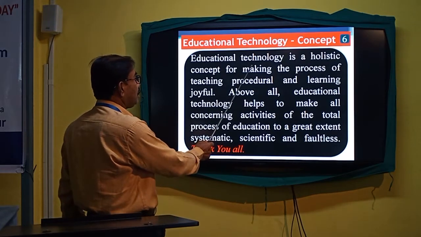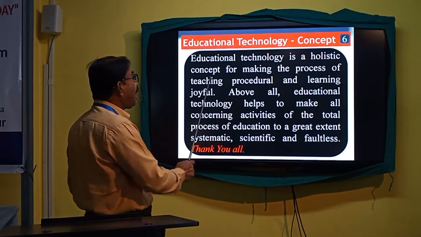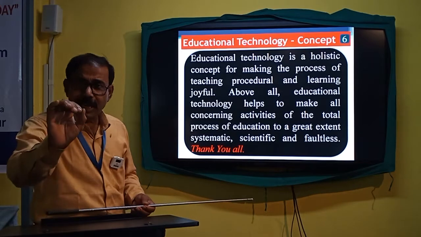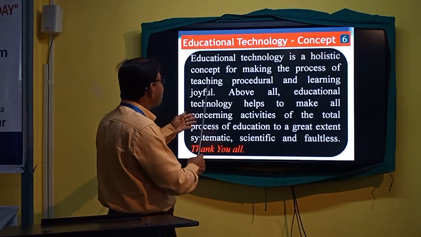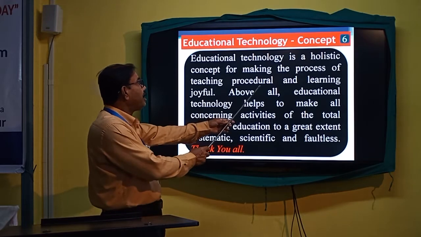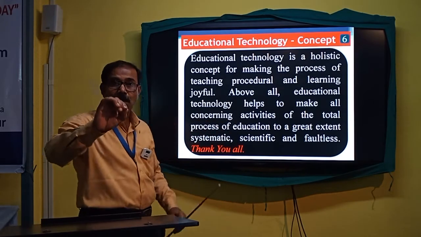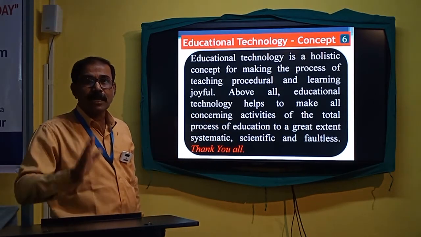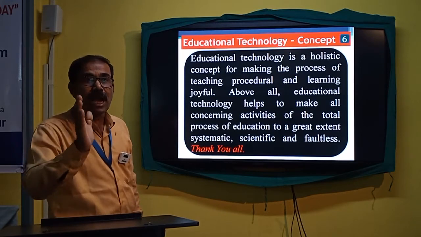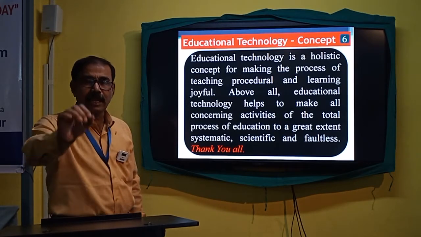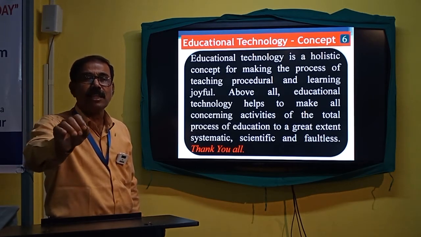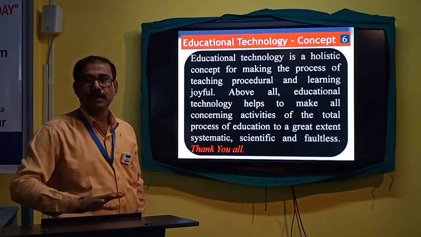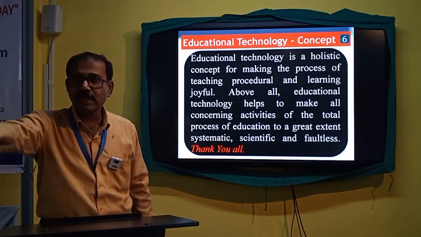Educational technology is a holistic concept. It is a total concept for making the process of teaching procedural. Teaching is a procedural process, and that's why it is said that teaching is a science. Teaching is also an emotional process, and that's why teaching demands the application of emotion during the transaction of